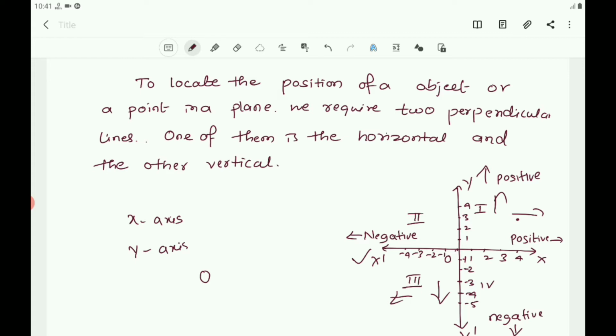You observe that the x-axis and y-axis divide the plane into 4 parts. These 4 parts are called quadrants. They are the one-fourth parts and are called the first quadrant, second quadrant, third quadrant and fourth quadrant. We call the plane the Cartesian plane, or the coordinate plane, or the xy plane, and the axes are called the coordinate axes.